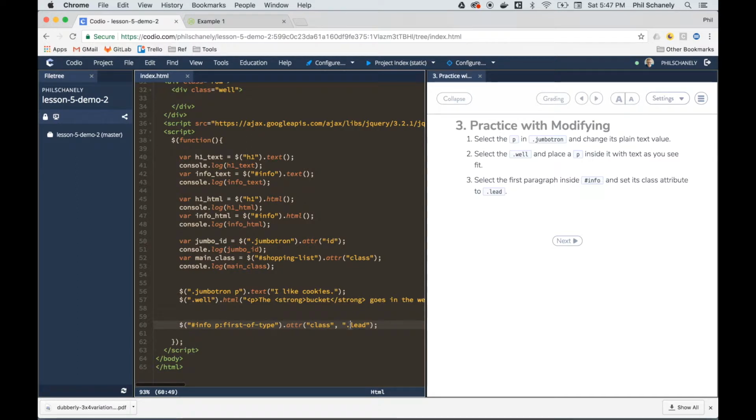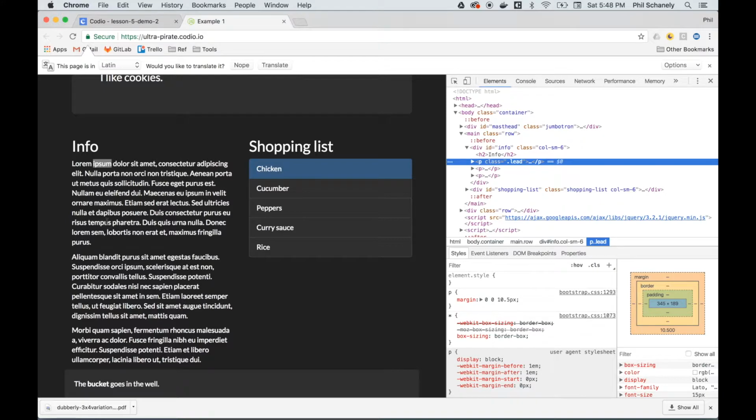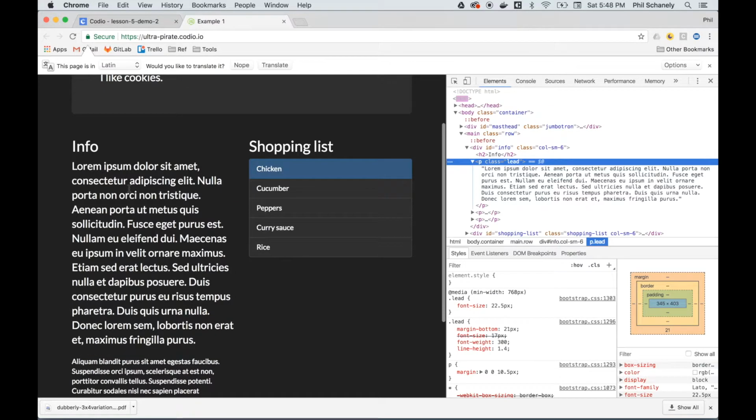But we don't want it to actually have the period there in the value. So the catch there, whenever you're modifying classes and whatnot, is to remember that we might be used to seeing a period here, but it's going to be a little bit of a gotcha if we leave that period in down here. And now when we refresh, we should actually see this change,